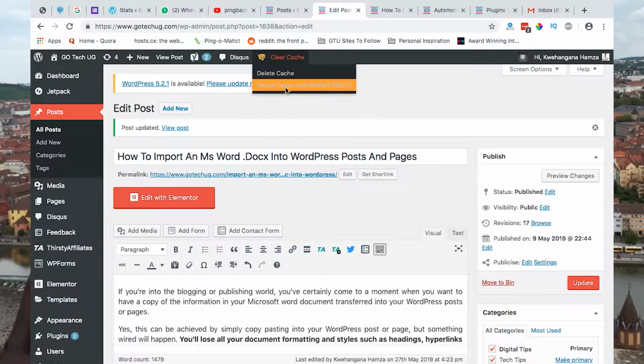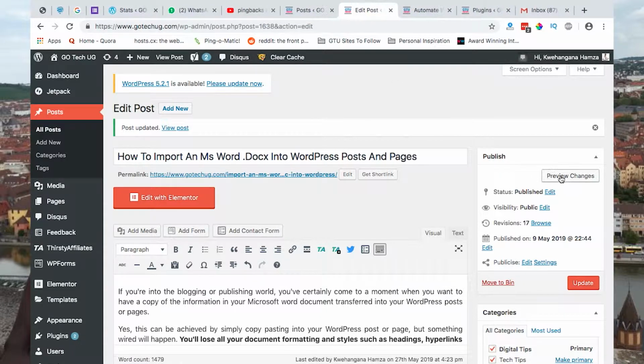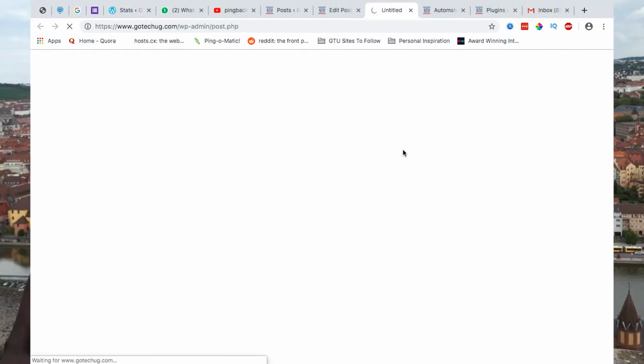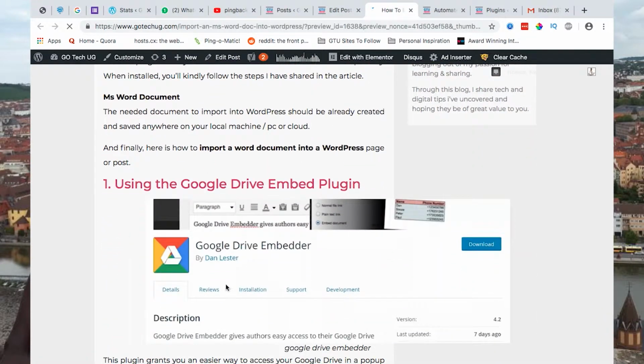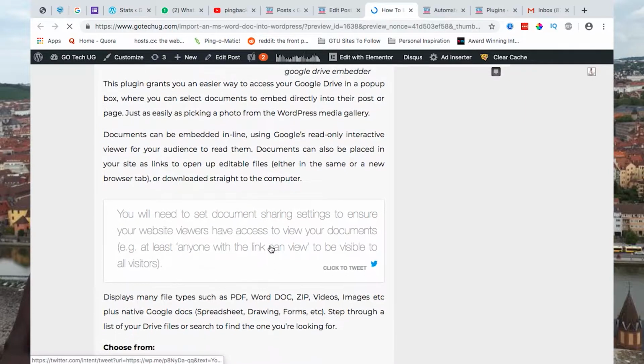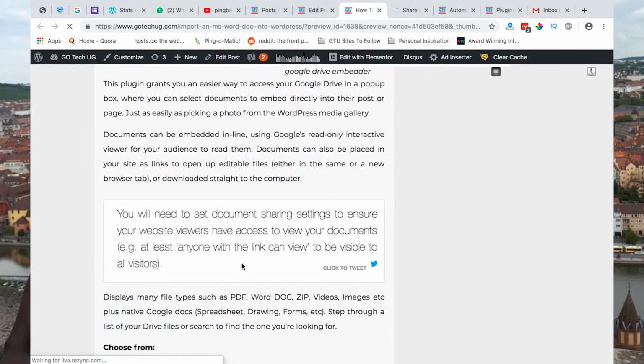Otherwise, without the caching plugin, you just go to the preview of that blog post, or you refresh whatever you have. So I prefer to use the preview option. After the first one, and boom, by someone clicking on this tweet, it will be published on their Twitter handle,